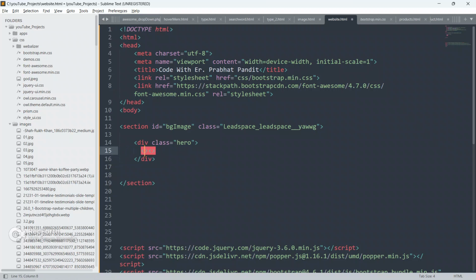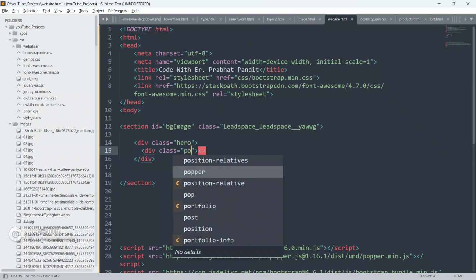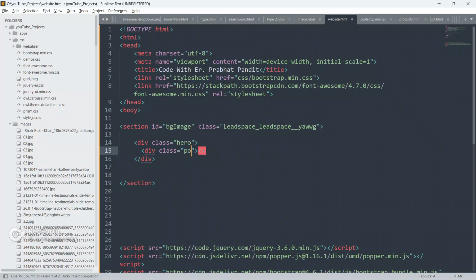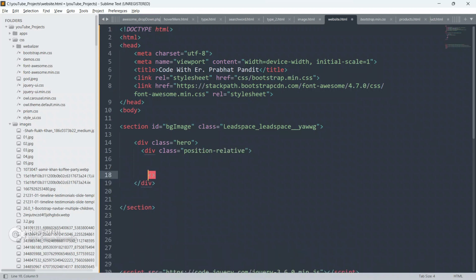Inside this div, create another div, give it a class as position relative. Close this div now.